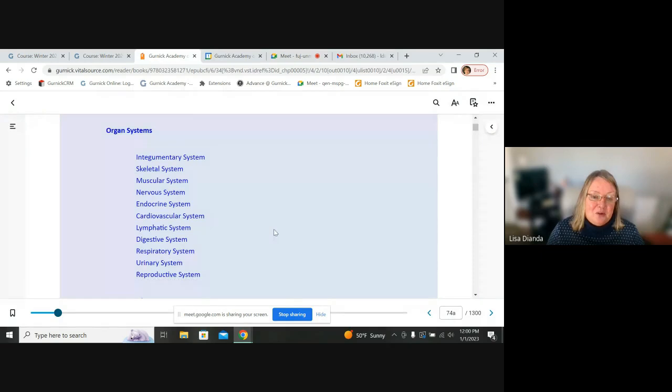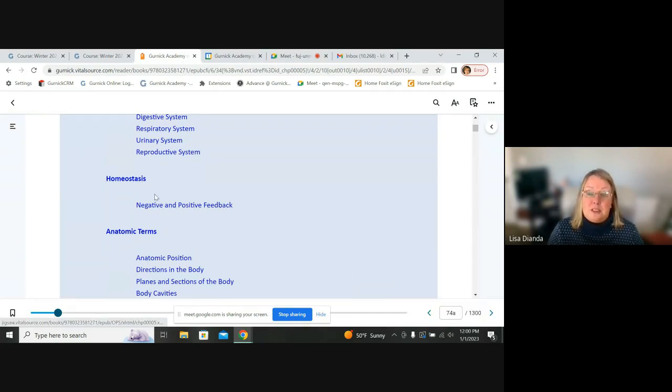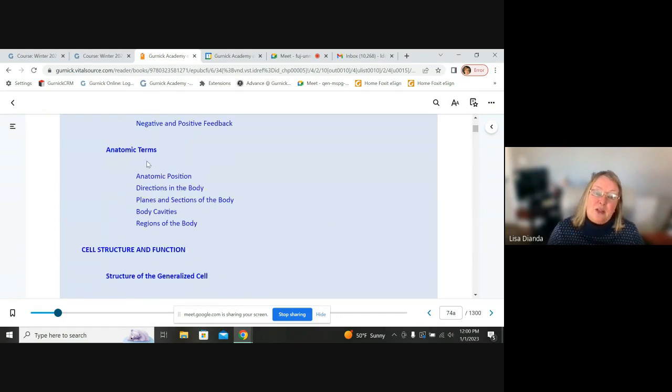All right, let's go back over to our book. So, homeostasis, what is it? How does the body maintain it? And what is the negative feedback loop that your body uses to regulate homeostasis? And then anatomic terms, positioning, directions, planes and sections of the body, body cavities, and regions. These are some of those